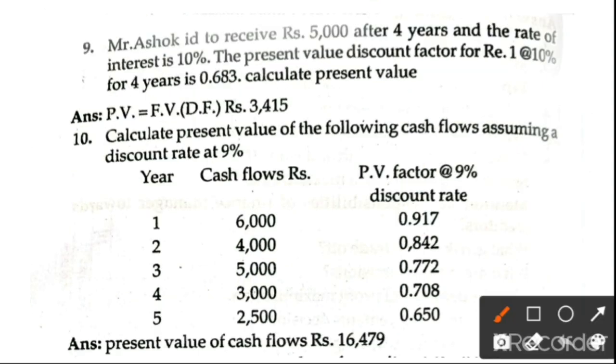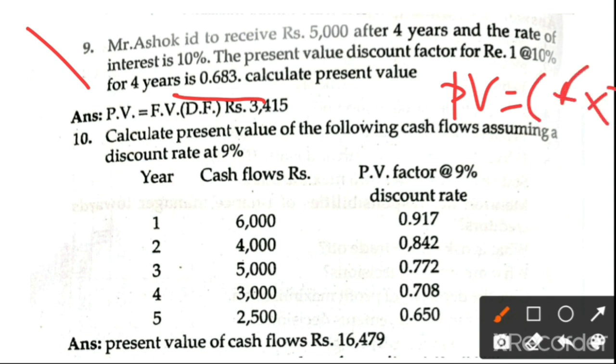Again, two homeworks. This is single year information, you have to use this formula. PV is no need. Again, they give the discounting factor directly. Present value is equal to cash flows into discounting factor. Discounting factor they give for 1 year. Just you have to calculate. Again, this is series information. Here both problem number 9 and 10 use the same formula, cash flow into discounting factor. The answer is also given here. Just you have to work it out.